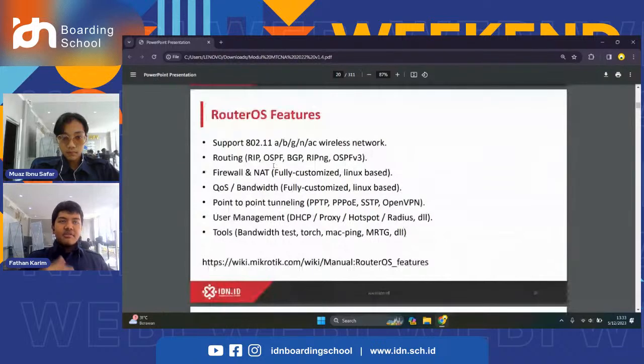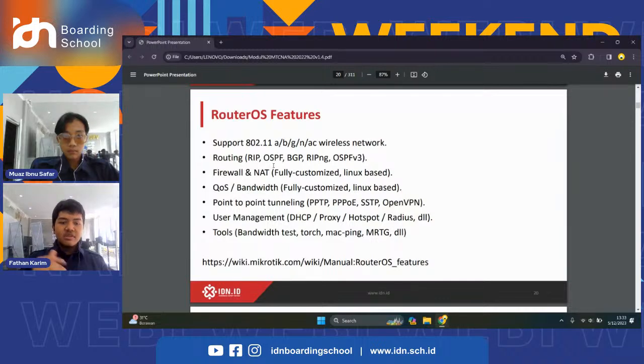RouterOS has many features for networking purposes. The first is support for wireless standards. The second is routing, like RIP, OSPF, BGP, and more. The third is a firewall, used to protect the router and filter clients. The fourth is QoS, features for limiting bandwidth to clients.